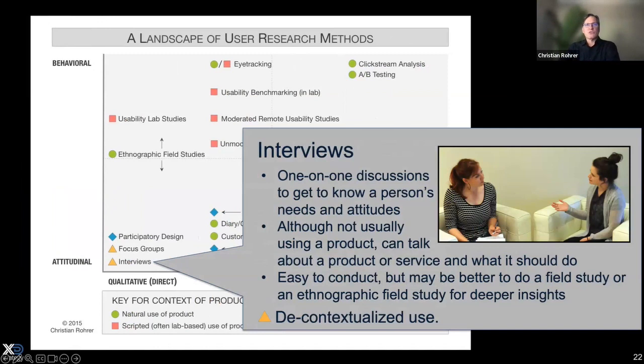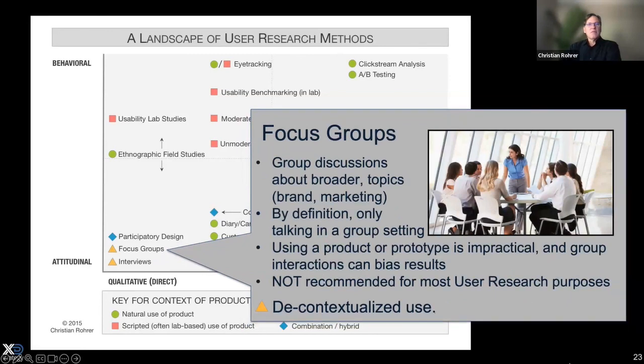Like right now, interviews would be one of the most commonly used methodologies where we don't really use the product, but we talk about whatever it is you want to discuss. It's much more of a pure attitudinal method. And of course, I think everyone here knows how to do interviews, so I won't dwell on that. The dreaded focus group methodology, which I sometimes call the F word of user research, lives in the lower left quadrant there as well, but has the quality of letting you talk to many people at the same time, which we all know has some challenges when it comes to methodology.